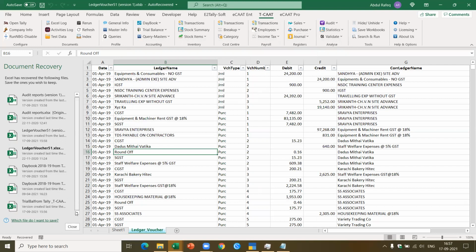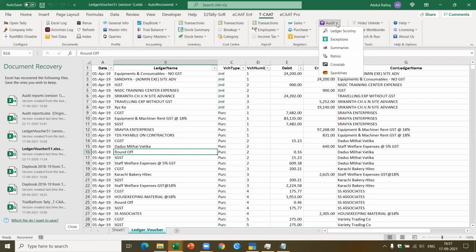Let's see if there's anything else I want to show you. Yes, this is what we have. Now, I've also shown you the sales, purchase, and the journal. Now we come to the most interesting part where I'm going to spend 5 to 6 minutes, where I can get various types of report using the audit panel. Okay, so what I'll do is, let me just show you the report.